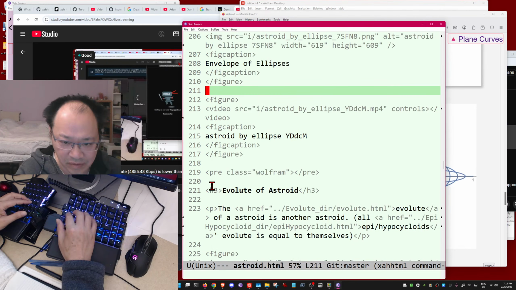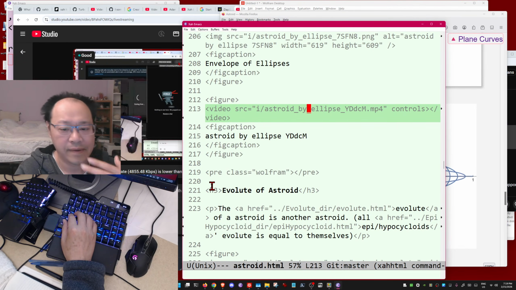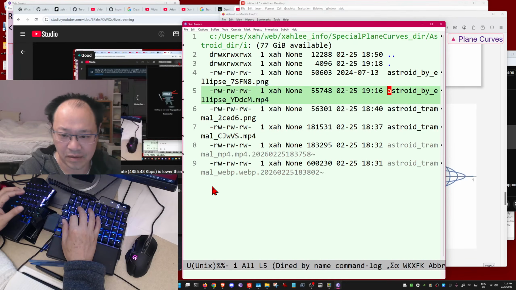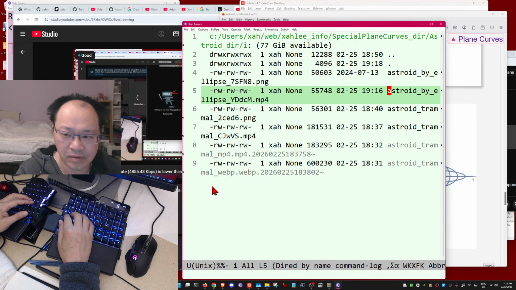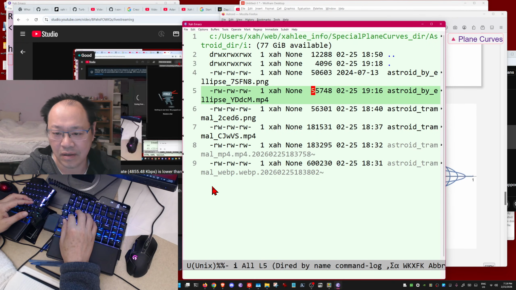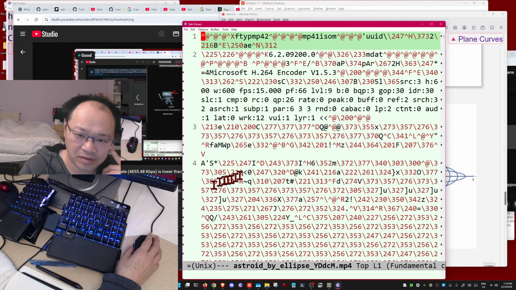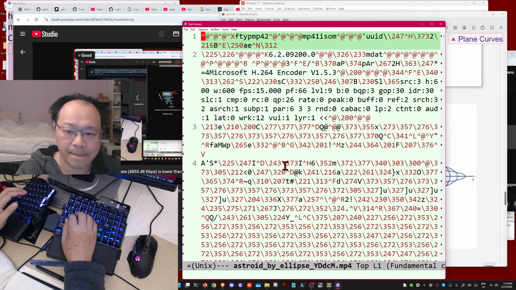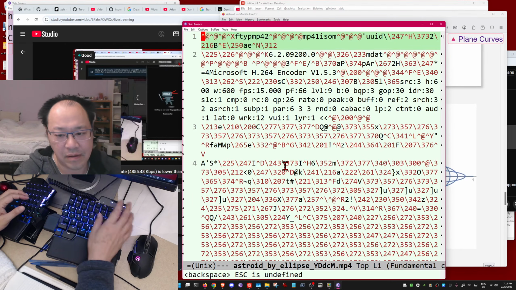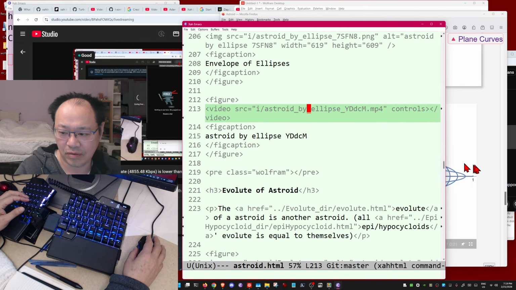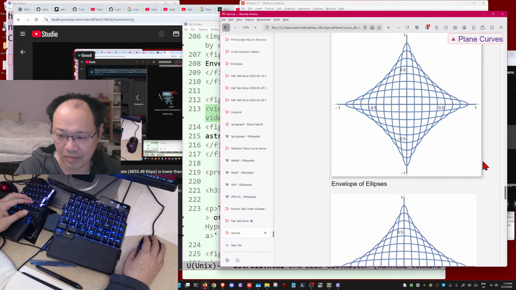Okay, so we don't want the animation. Open it. Show in browser. I mean, show. It's 55 kilobytes. Okay, so the question is, do you want it? I don't think so because